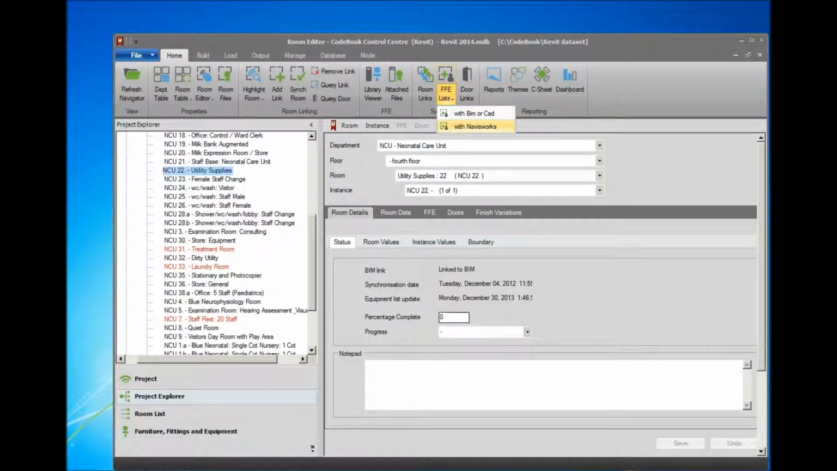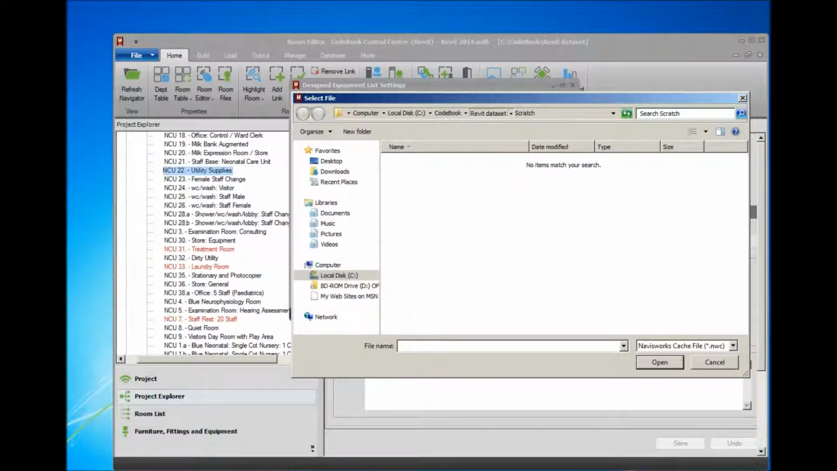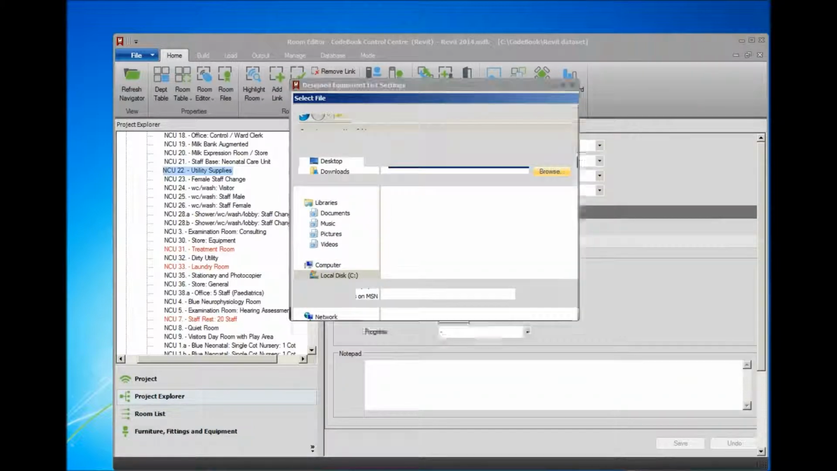We're now moving on to stage 2, and that's using CodeBook to identify where these objects are actually loaded in relation to the Navisworks file and Revit file. So we're going to choose to go to Home and update the designed equipment lists from Navisworks. We choose the Navisworks file,